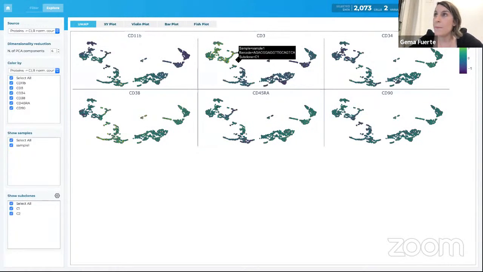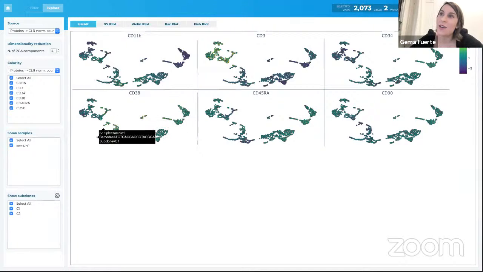And you can see again, a high expression of CD3 correlated with my wild type cells. But look at this one, for example. Here, there seems to be a potential subpopulation of clone 1 that is CD11b negative, at the same time as we see a slightly higher expression of CD38 for this specific part of clone 1. So what this is telling us is, based on the evidence that we are getting after assessing